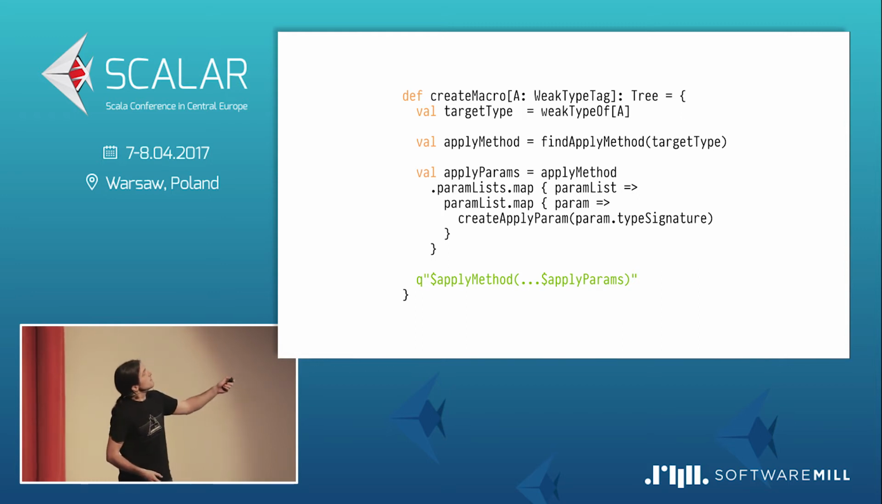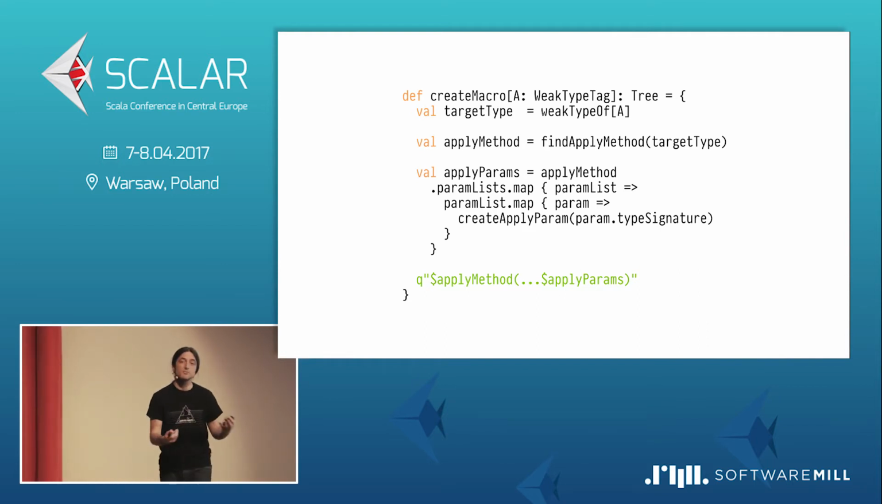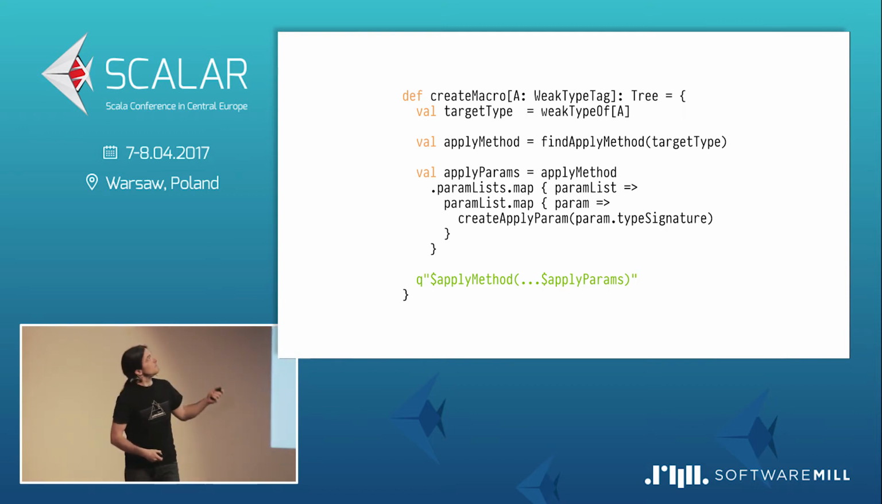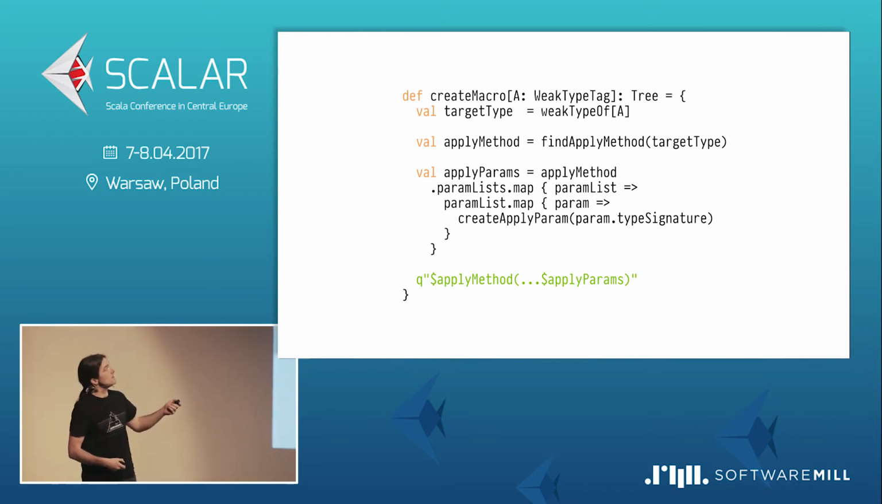Notice at the top here, we've got our type A, and we're returning not an A, but a tree. And a tree is an abstract syntax tree. It's an expression, a piece of code to produce a value of type A. And then we're going to use a combination of helper methods that I've written and pieces of the macro API